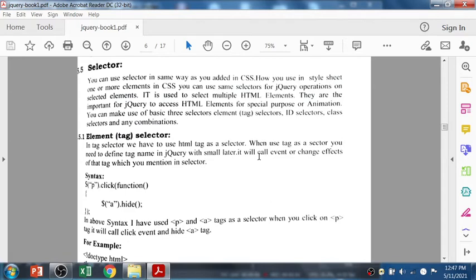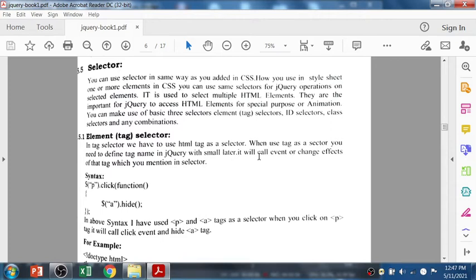So that is one of the uses. In short, you can point to not only one element but more than one element with the help of selectors.